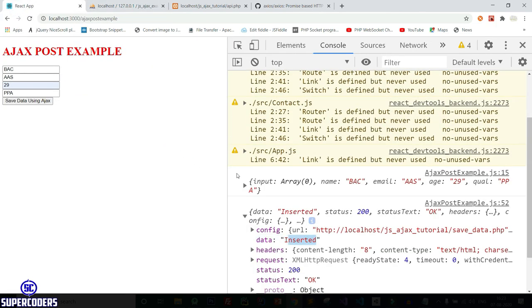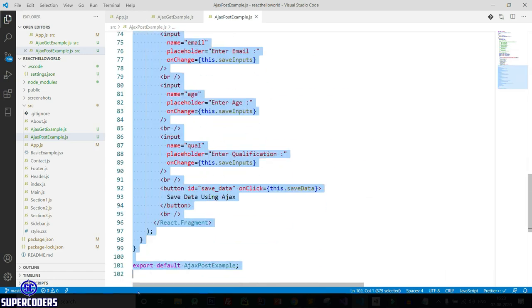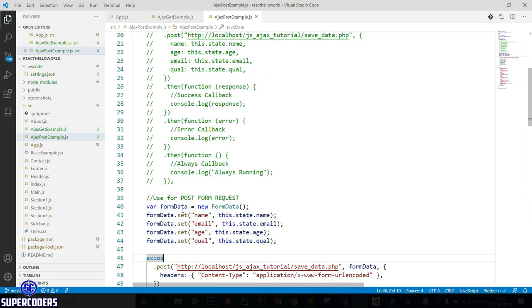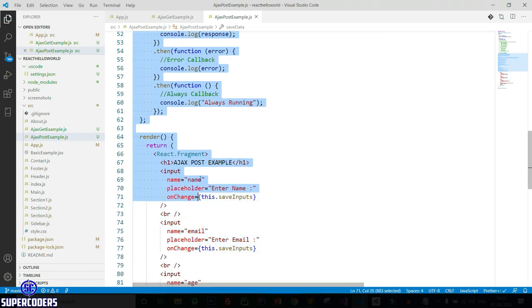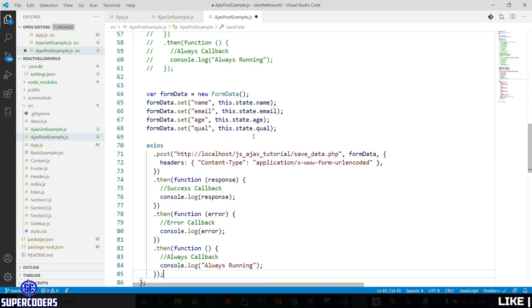Now let's see one more thing, one shortcut way. So come here and again, copy it first, then comment it. Let's see one more shortcut way.